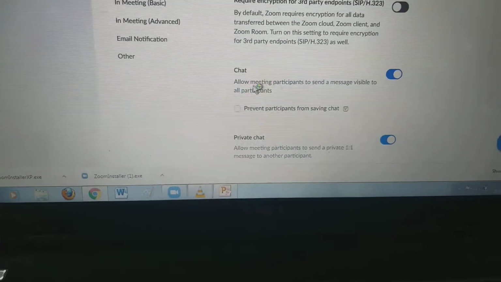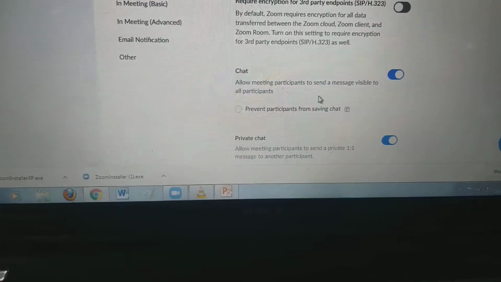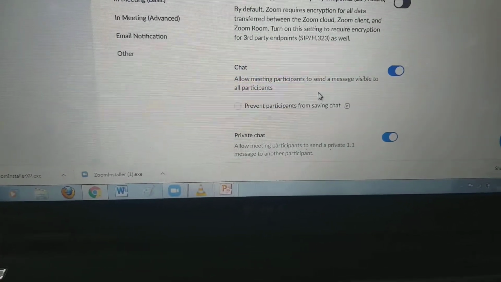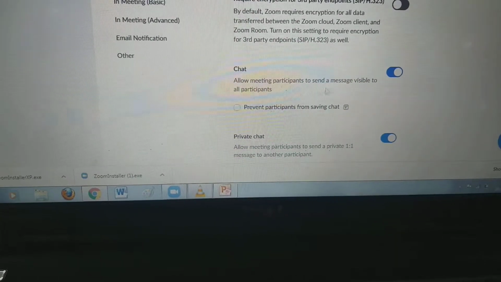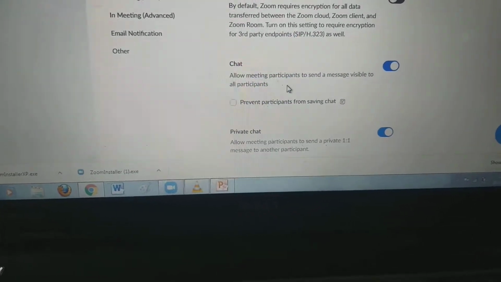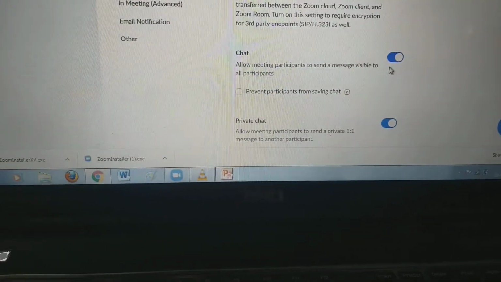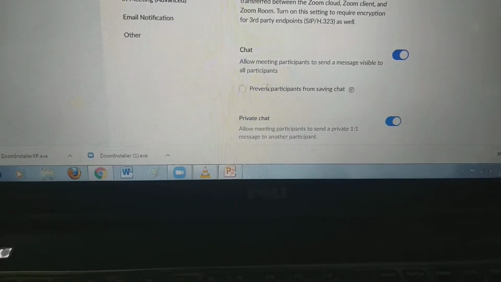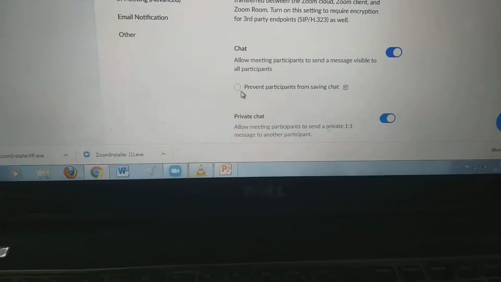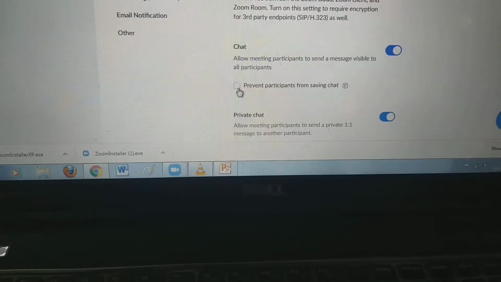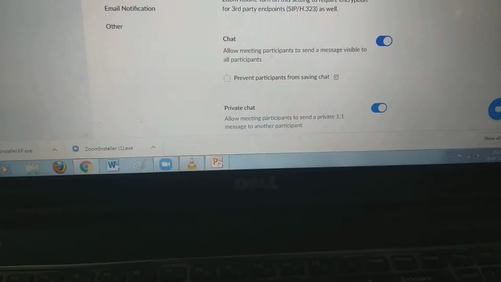Chat. Now this is a thing that needs to be taken care of again. Allow meeting participants to send messages visible to all participants. Yes, whatever is sent in the chat window should be visible to everyone. If you want to prevent participants from saving the chat, you can click over here. Private chat can also be enabled.